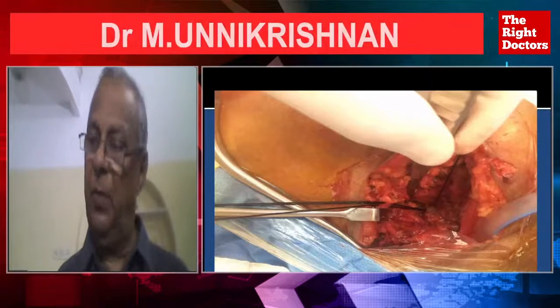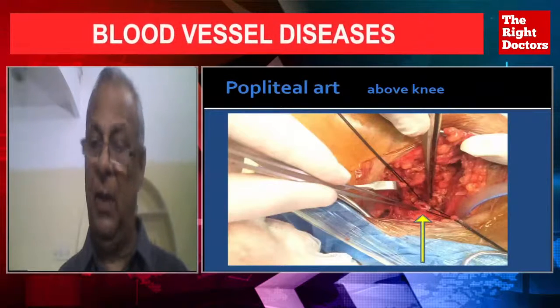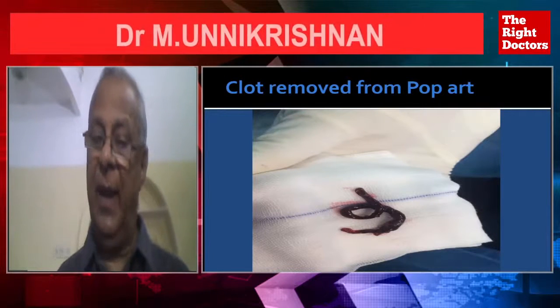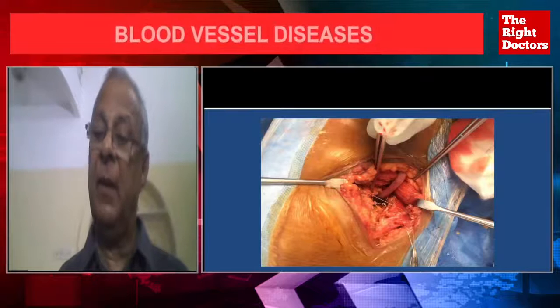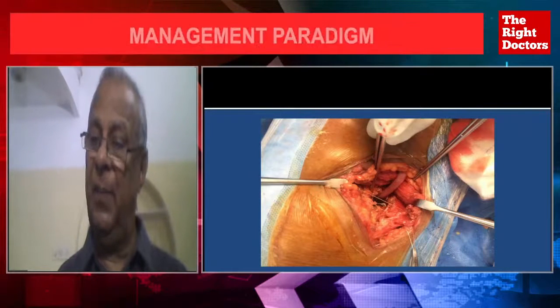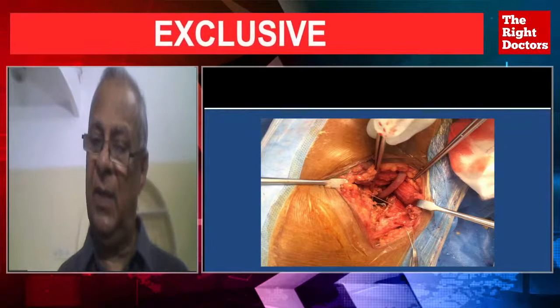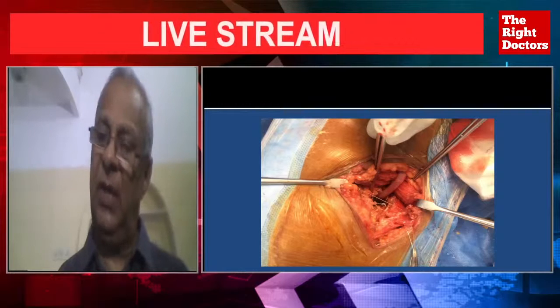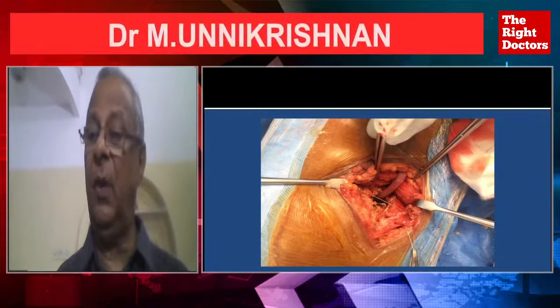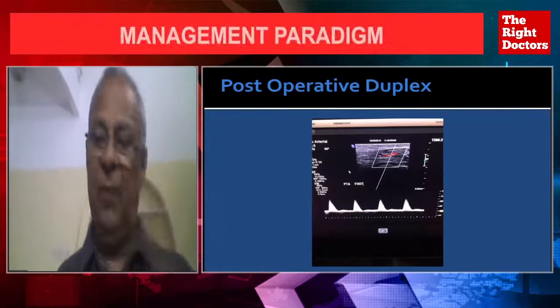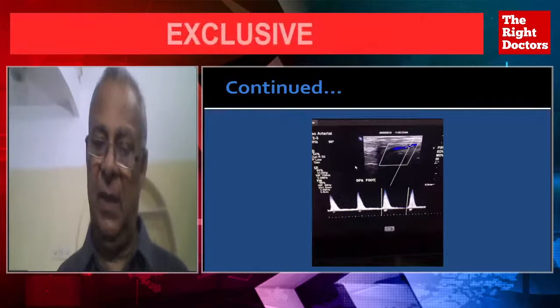You can see how deep, very obese patient, the artery is very deep, supragenicular popliteal artery. You can see that little blackish instead of the red area of the intima. And that is the clot removed from the infragenicular popliteal artery up to the angle. And then I used a femoropopliteal bypass. Immediately the patient was comfortable, free of pain, and could leave hospital in 7 days. That's the difference between an acute iatrogenic or thromboembolic feature or a chronic limb which is well collateralized. Now this is the Doppler scan after we have done the surgery, and she is absolutely fine at the end